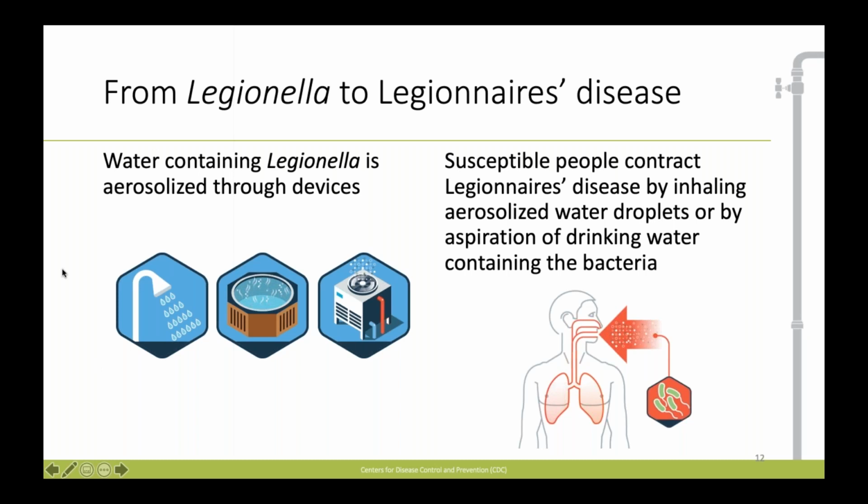Once the water has entered the building and procreated enough to cause a risk of human disease, you still have to be exposed to the bacteria to get sick. We typically see exposures to Legionella bacteria occur through a few different devices. I'll talk about these more specifically in a few slides, but faucets, hot tubs, cooling towers, anything that can aerosolize water, which is then inhaled by the patient, can pose a risk for dissemination of Legionella bacteria. Once susceptible people inhale that bacteria, if they're in the risk strata, they have a higher chance of becoming infected and developing Legionnaire's disease.